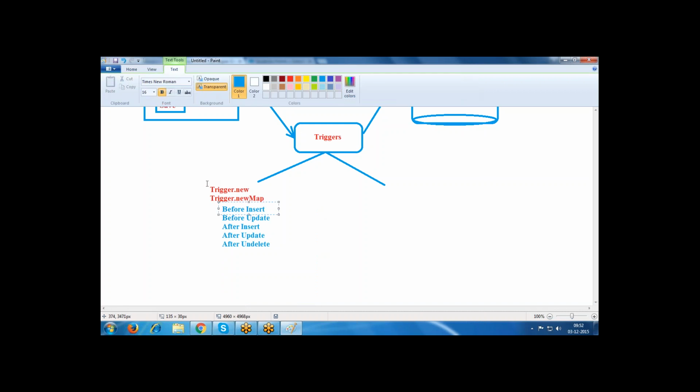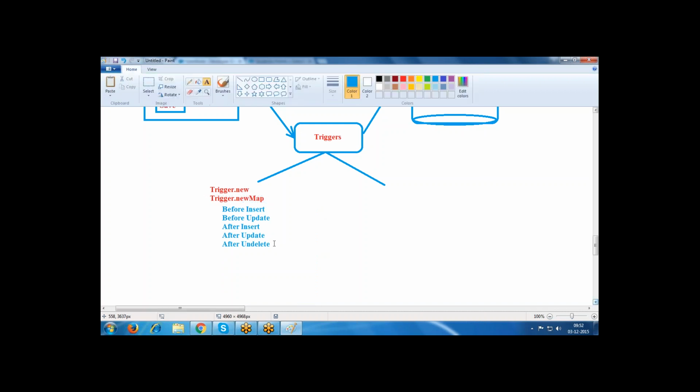So trigger.new works for all the operations, and trigger.newMap also works for all except this operation. This context variable stores this data.